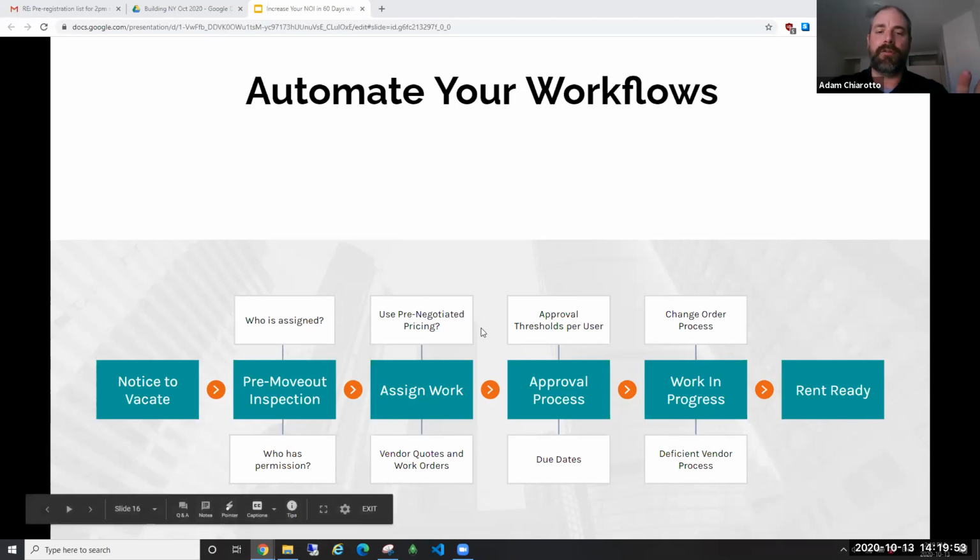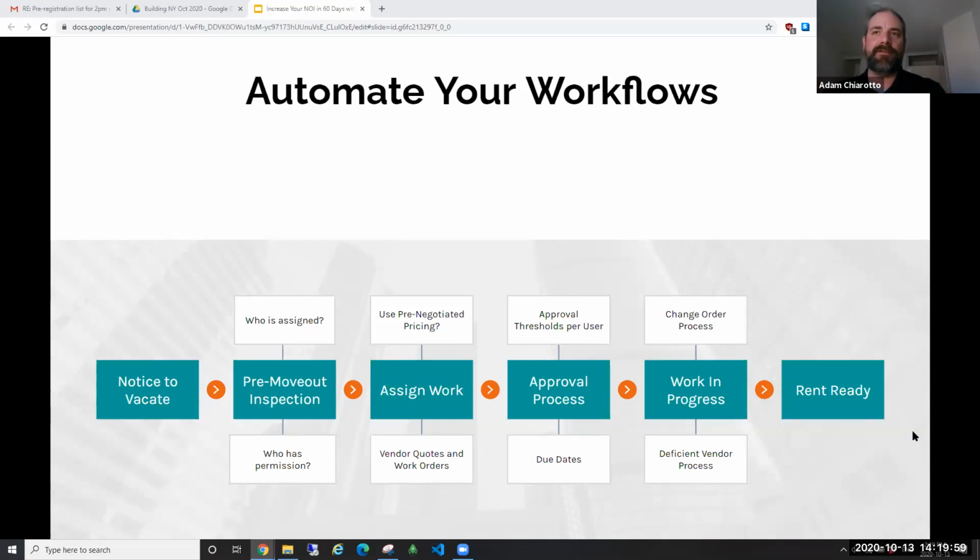And the great thing about having everything in a systematic way is that you can now track each of these tasks, and you can develop KPIs on them. How quickly are we doing our pre-move out inspections after we get notice to vacate? How long does it take us to assign the work once the pre-vacate inspections have been done? What are the percentages of change orders occurring after the resident has left the unit, and which of those are site conditions, and which were just missed on pre-inspection? If you don't have a systematic way of dealing with your process, you're not going to be able to calculate those KPIs, and you're not going to be able to track your progress.